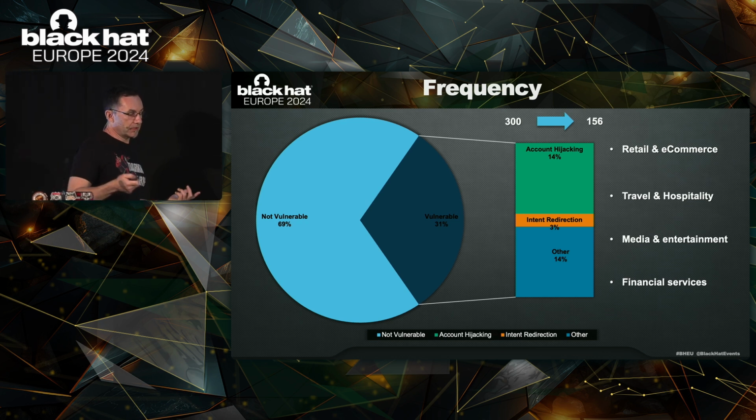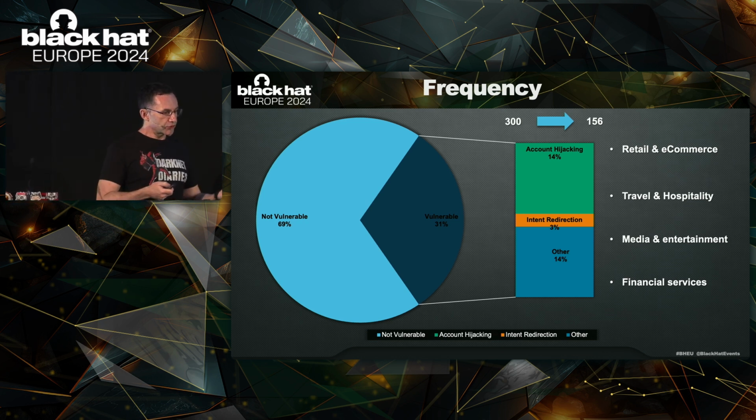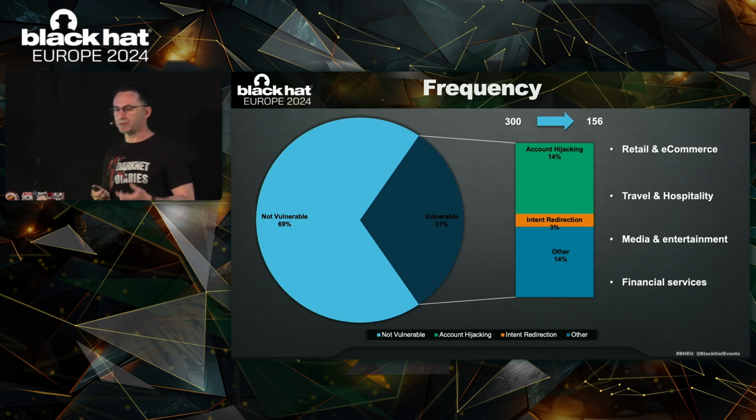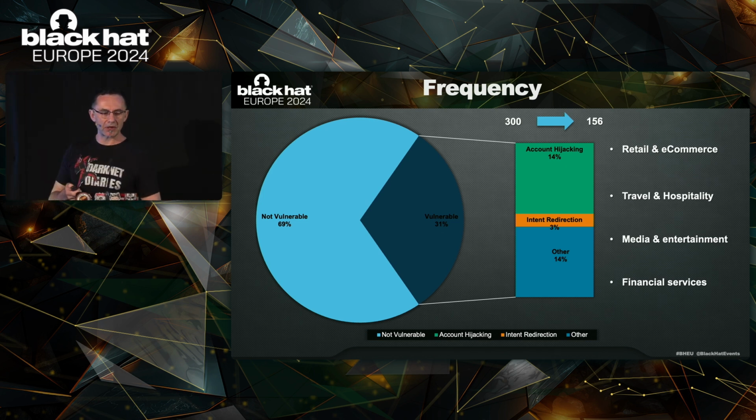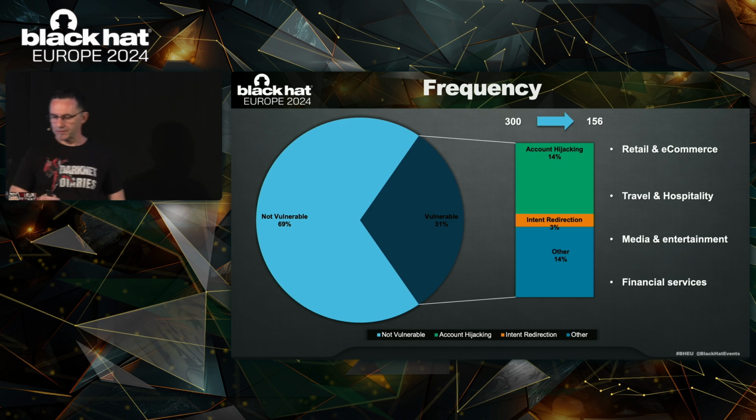What about the impact? 31% of them were found to be vulnerable, and in about 14% of them we managed to get account hijacking. As I said before, this was the most common impact in this case. 3% was found to,